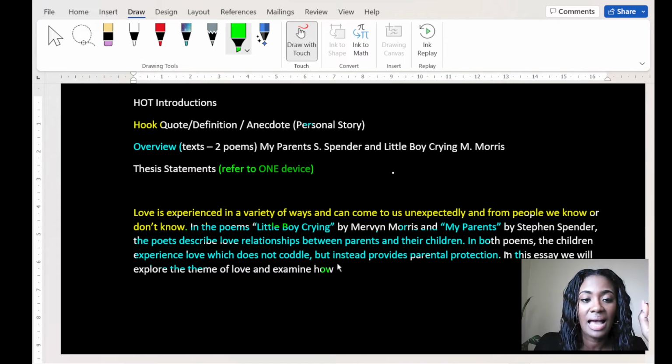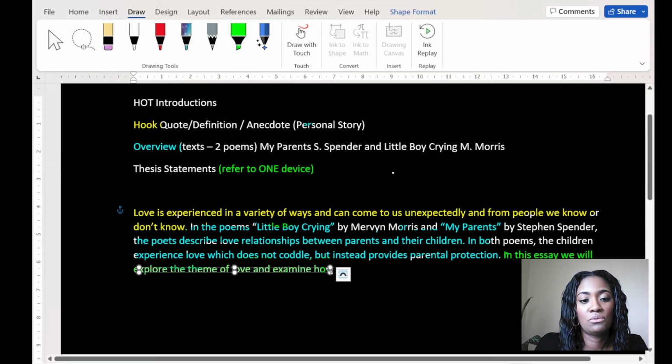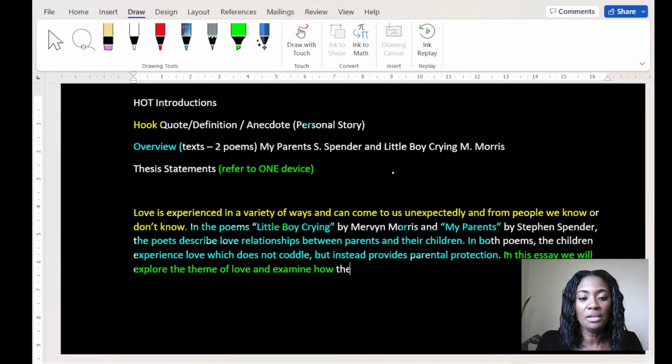There are other things that I can do, but I absolutely need to identify the device that I will be examining or discussing in my essay. Okay, so I'm going to go on to say we will be examining how the device of allusion